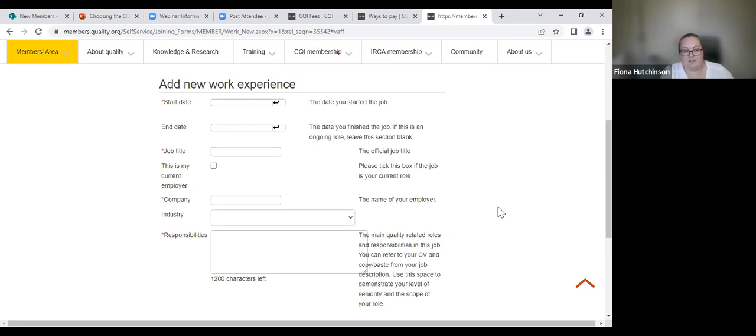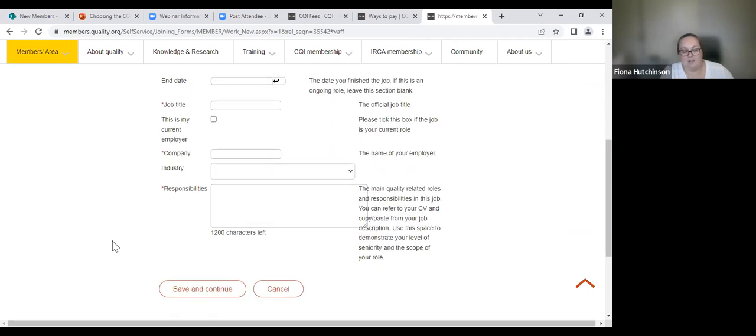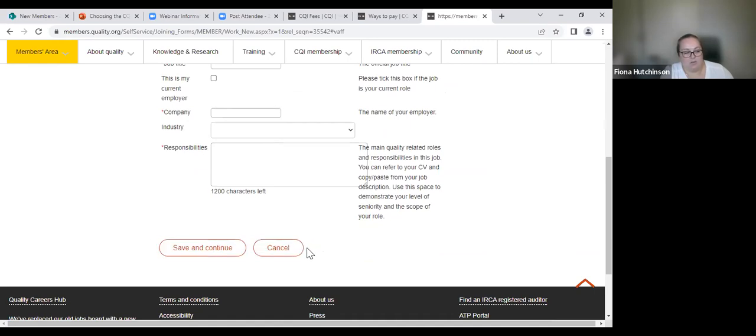So it might not be something that's initially identifiable as quality, but more importantly than the job title, we're looking at the responsibilities that you've held to make our judgment on whether you meet the requirements for practitioner.